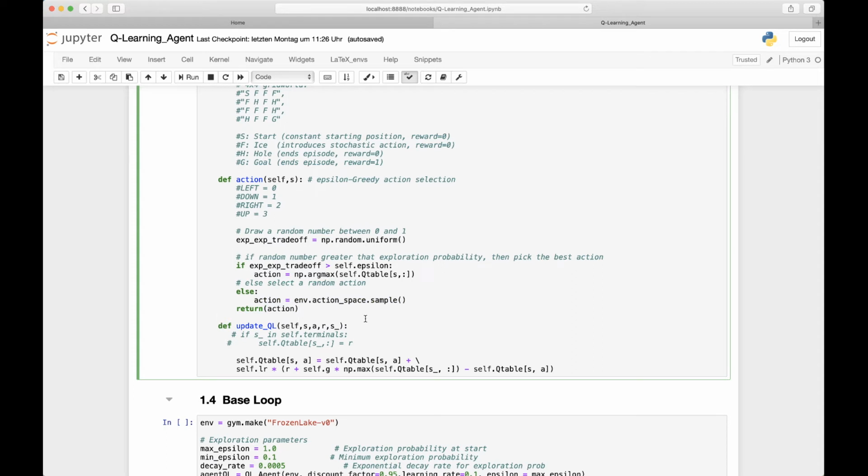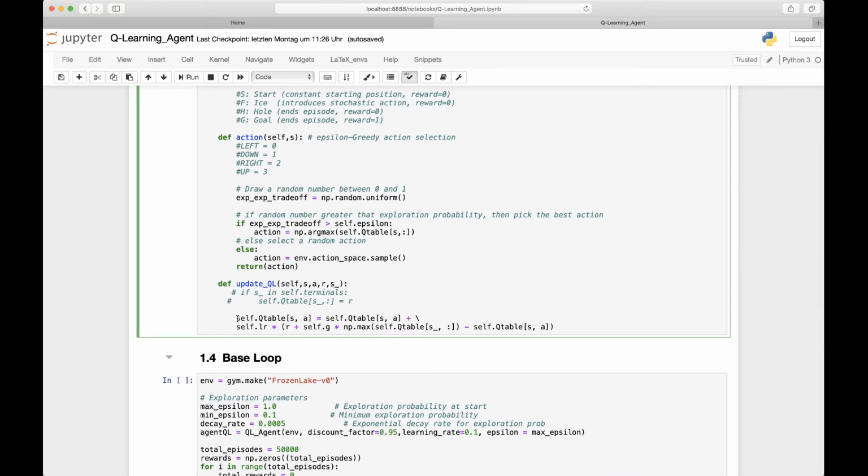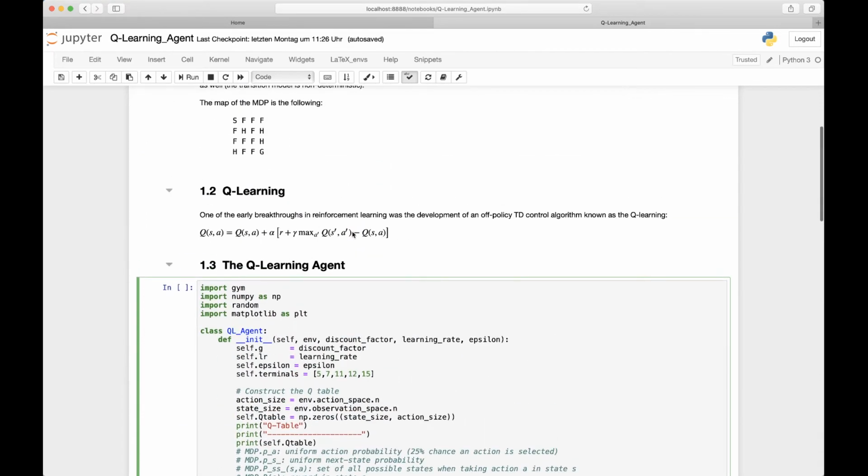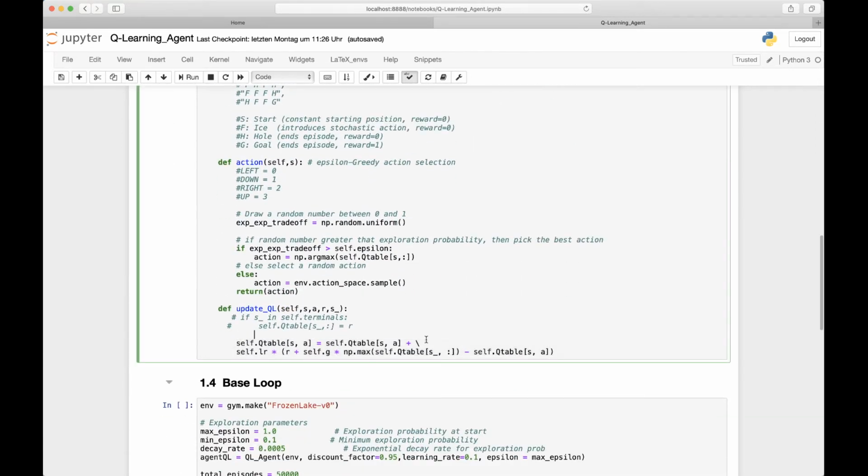And to the guts of the agent itself, in order to just update our Q function. It is basically this function here, the update function that's given by Q-Learning, actually implemented as Python code, which basically says that our Q-table at S,A should be our Q-table at S,A plus our learning rate times our current reward we get at this time step,